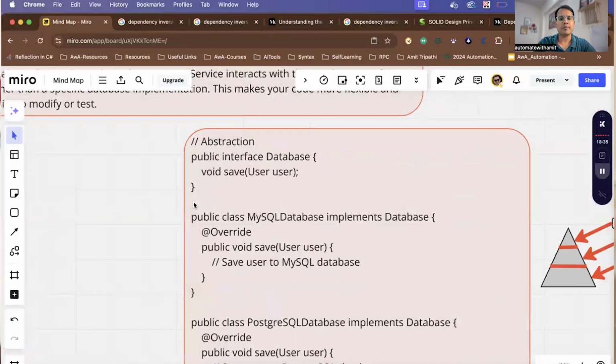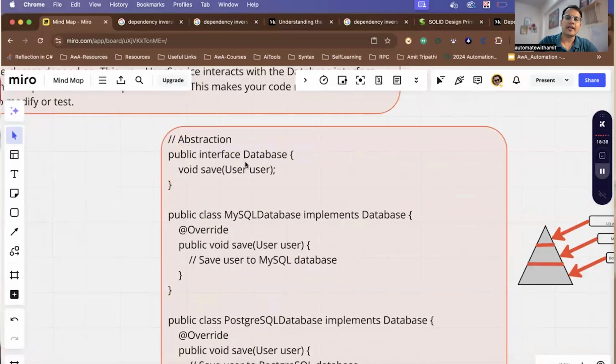So how are we going to implement this? We are going to create an interface Database, right? And this Database is going to have one method, which is save, correct? Now, this MySQLDatabase is going to implement Database. What is the benefit of this? In this way, whatever way this MySQLDatabase is going to save the data can be implemented in its own way, right? So MySQLDatabase may have a certain different implementation. That's how it is going to save